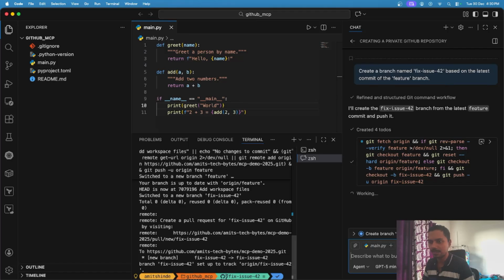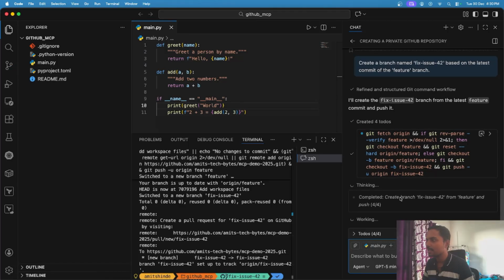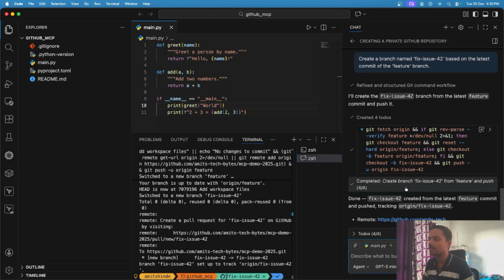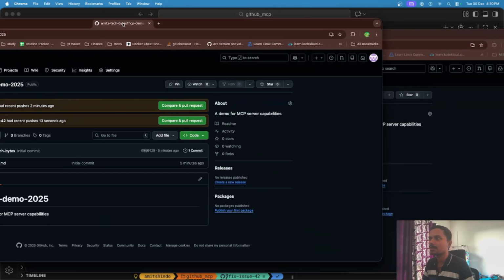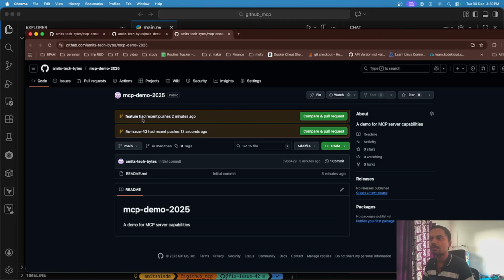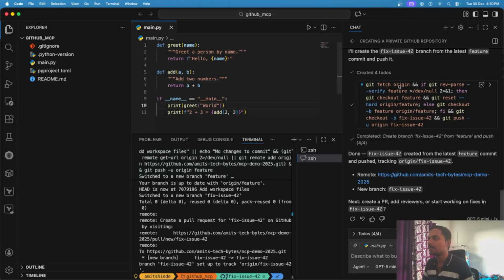And if you see here, fix issue 42 is also created locally, and let's see whether it is present on the remote account or not, the remote repo. If you see here, now we have one more branch. The feature branch we created earlier, 2 minutes ago, and now we have created fix issue 42 based on the feature branch. So this is how we can use this GitHub MCP server to do a lot of